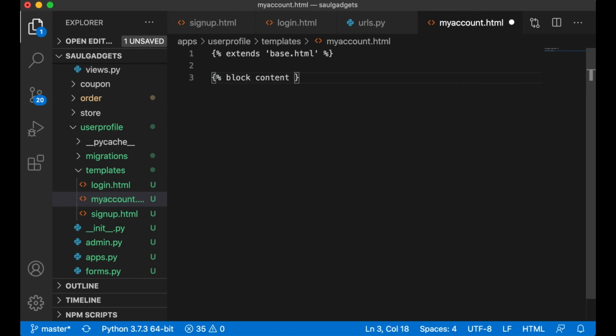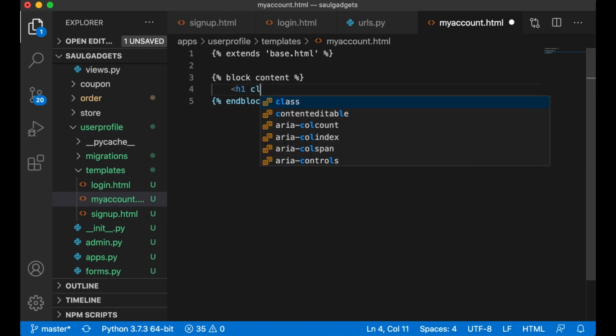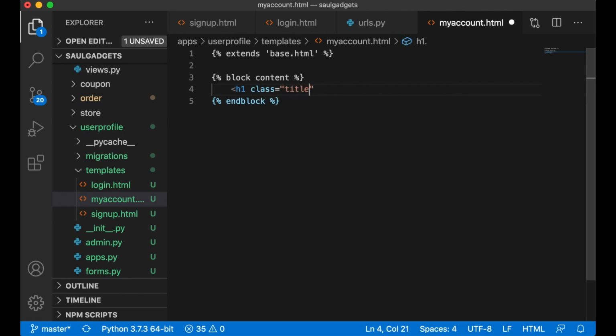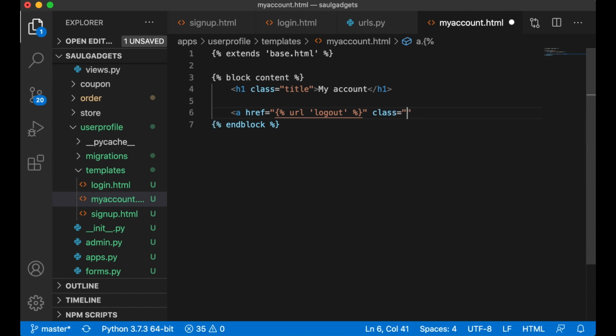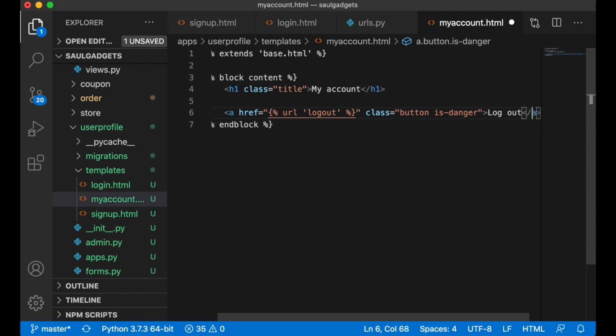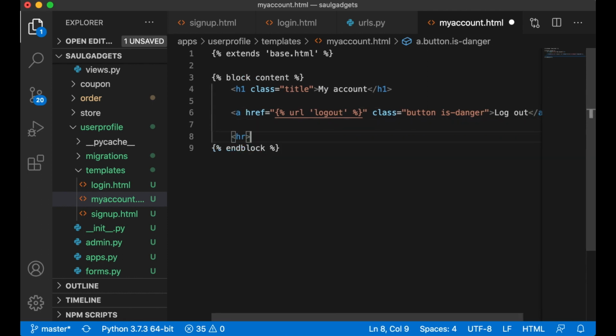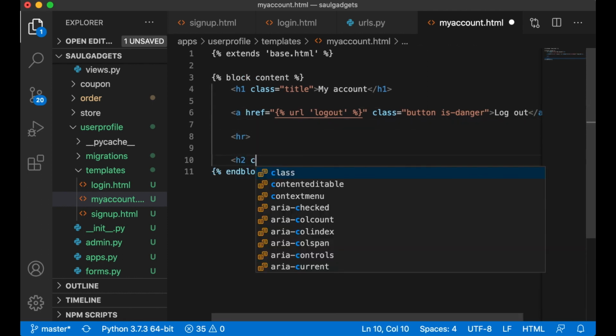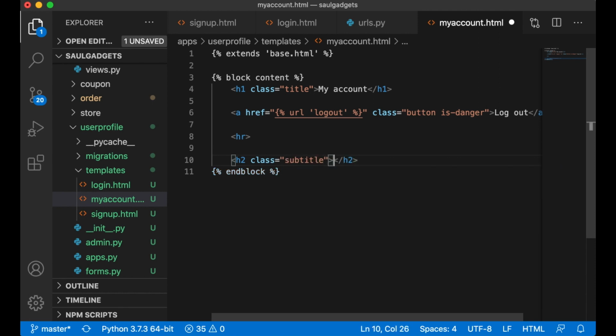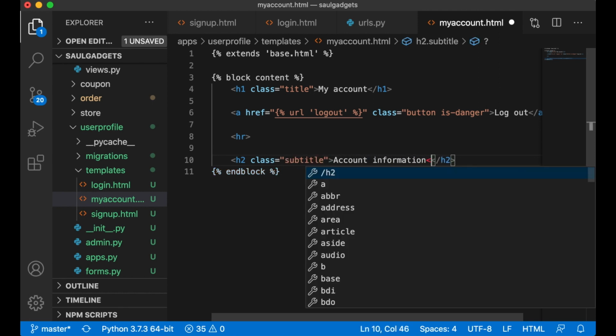User profile, my_account.html. Want to extend the base.html again. Block content and block, h1 class title, my account, and below here I want the logout button. URL logout, class button is danger, log out. I want a line to separate this. h2 class subtitle, account information,